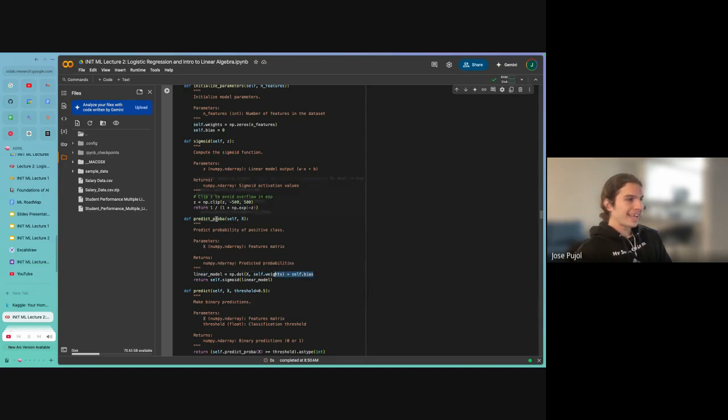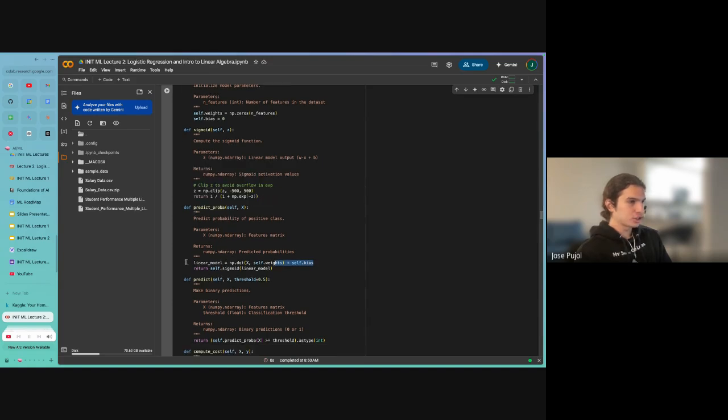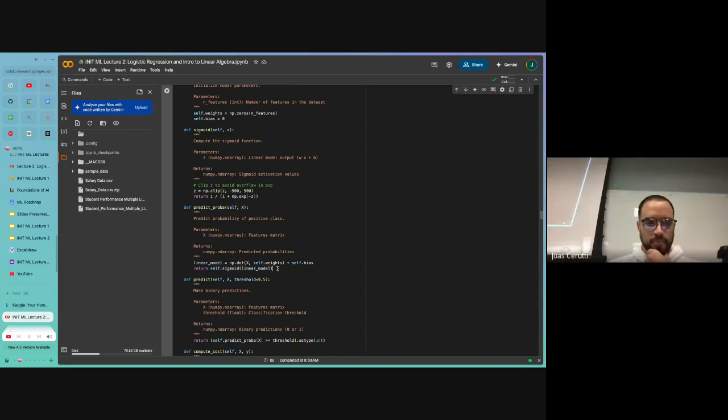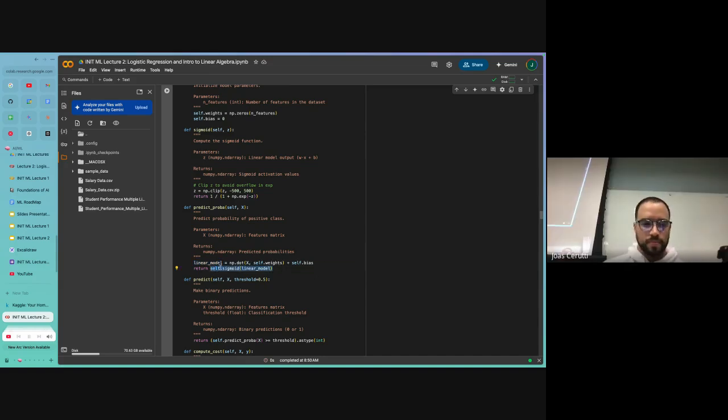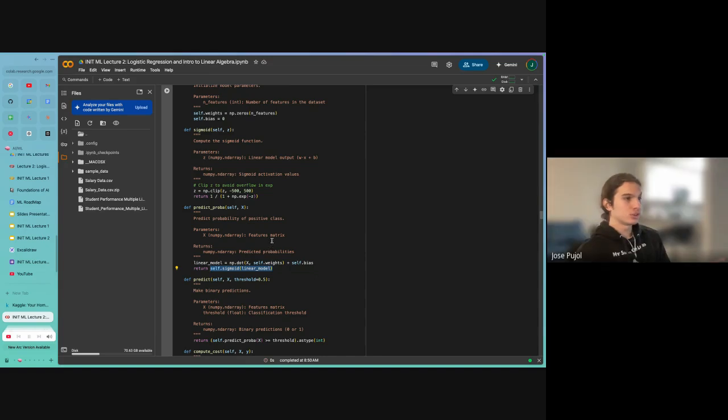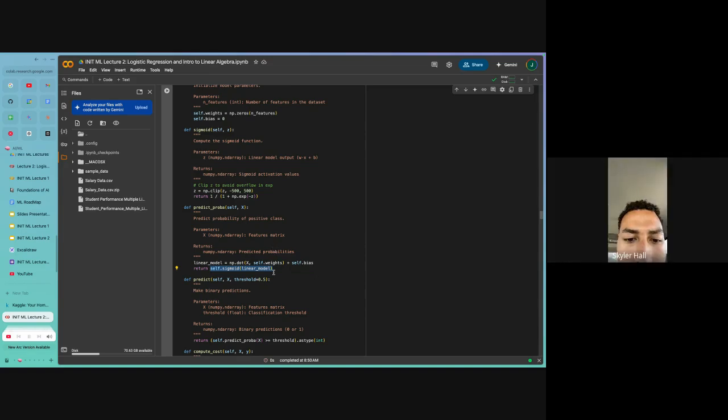So actually, you see that a logistic model is just a linear model, but you apply the sigmoid on top of it, because what this sigmoid did is it transformed all of the outputs here into a probability. So the sigmoid is really just there to go from continuous values to probabilities.